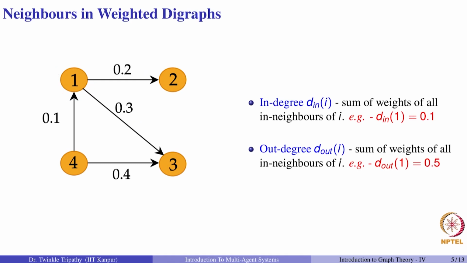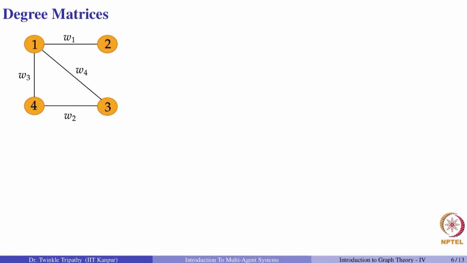Now, so far we have been talking mostly about attributes which are associated with individual nodes in a graph. However, when we want to talk about the graph in general, it becomes a bit easier to talk about it in terms of matrices. Hence, it brings us to the first kind of matrix that we will associate with the graph, which is known as a degree matrix. Let us look at this undirected graph. Then, the degree matrix of the graph is a diagonal matrix.